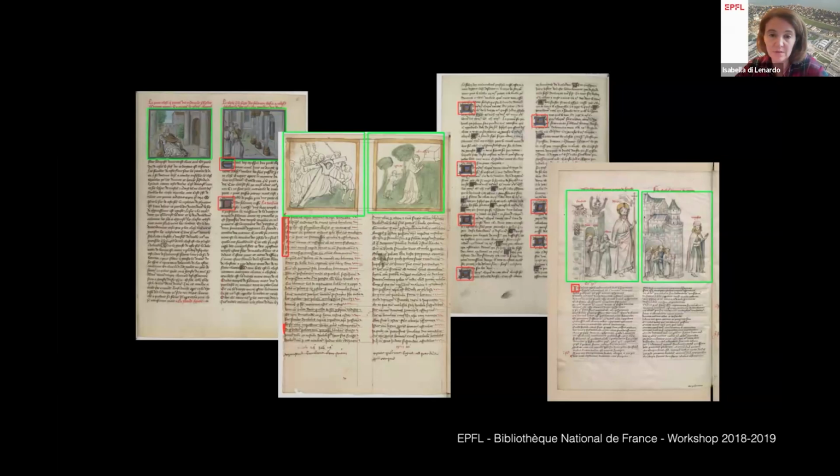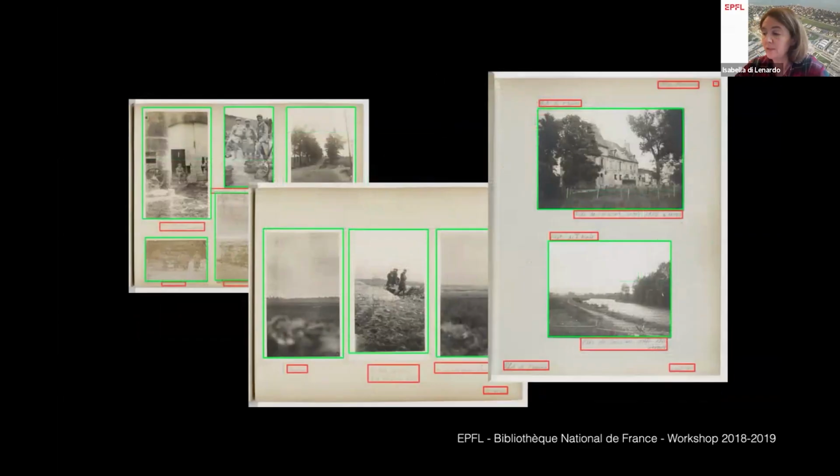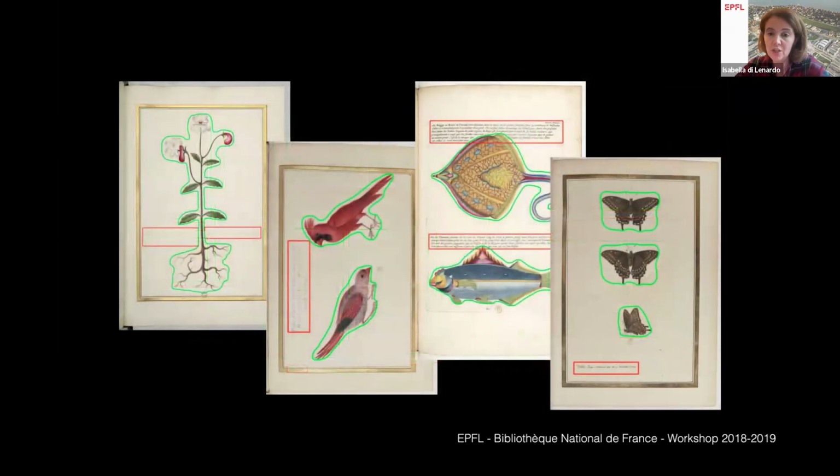In this case, as you see in this slide, parts of manuscripts, but also parts of photographs in photo collections, in which we need to identify where there's text, where there's image, but also other types of items, and we need to provide categories for each one. So we want to describe that there's text and description, but there's also